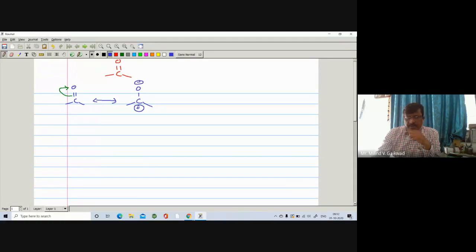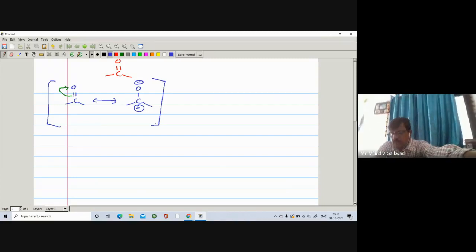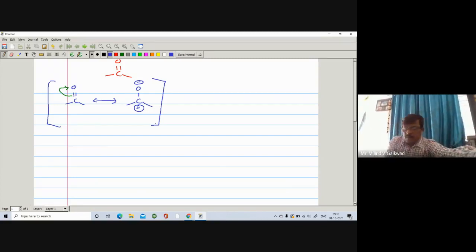So this is the resonance structure of this carbonyl compound, and we have seen that it undergoes an electrophilic addition reaction or nucleophilic addition reaction. So here we are going to discuss